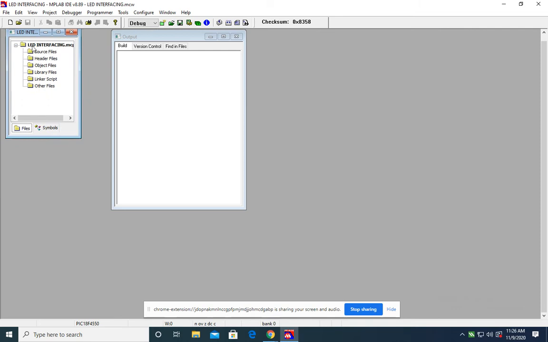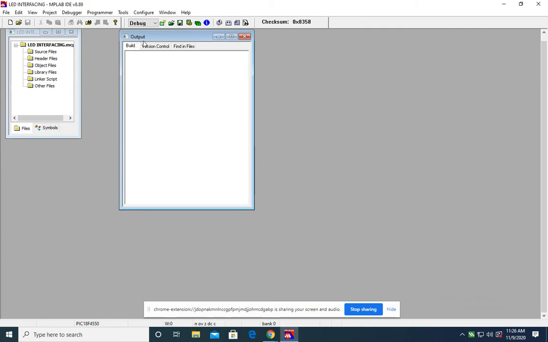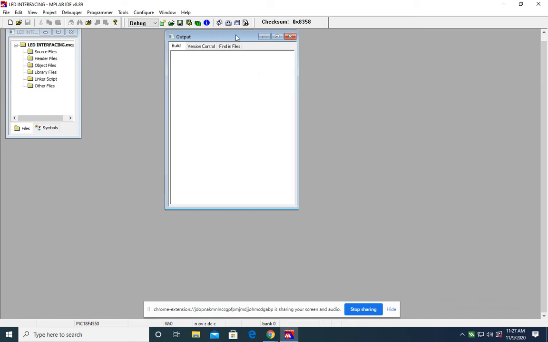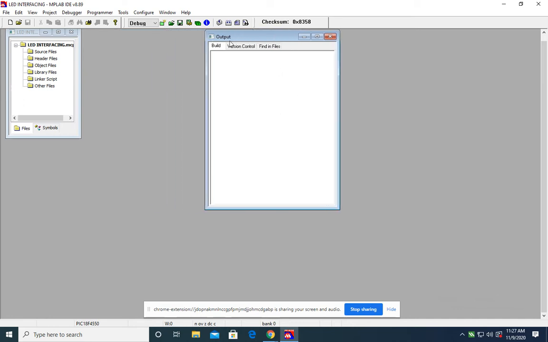In this file you have to add all the related files which are required for running your program, which is written in C language. After running this, the result of the operation will be saved in the output file. Here you will observe if there are any mistakes in the program. If your program is correct, all the details will be available in this output file.